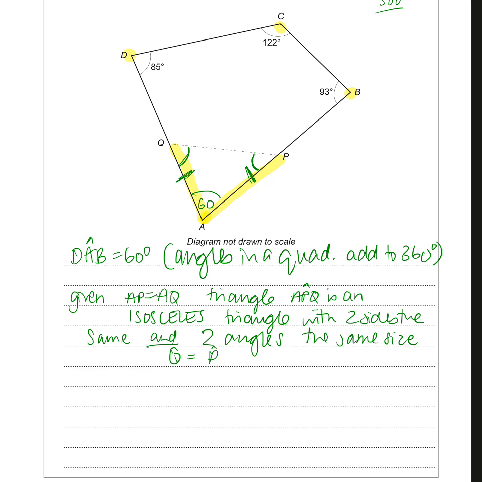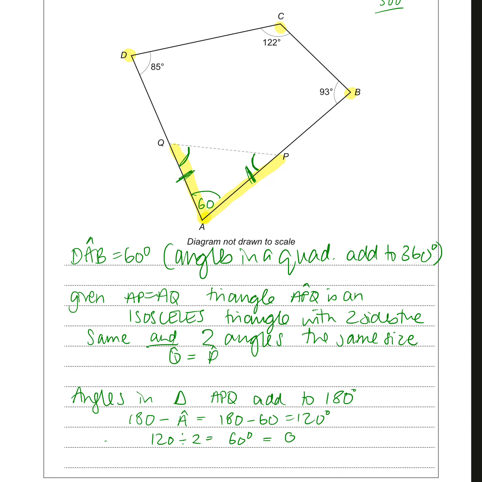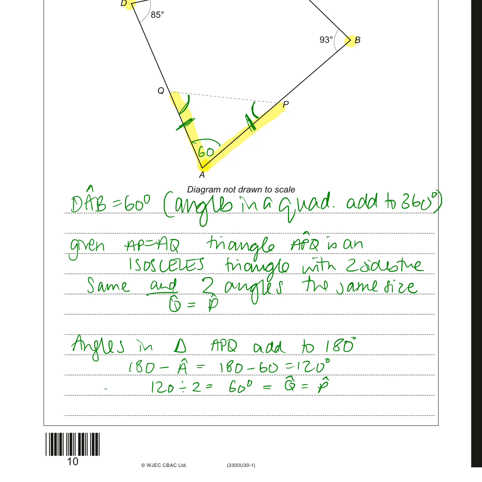So angles in triangle APQ add to 180. That's a fact. So 180, take away angle A, take away that 60, leaves 120, and because it's an isosceles triangle, that 120 needs to be split equally between angle Q and angle P, because they are the same, which means I've then proven,